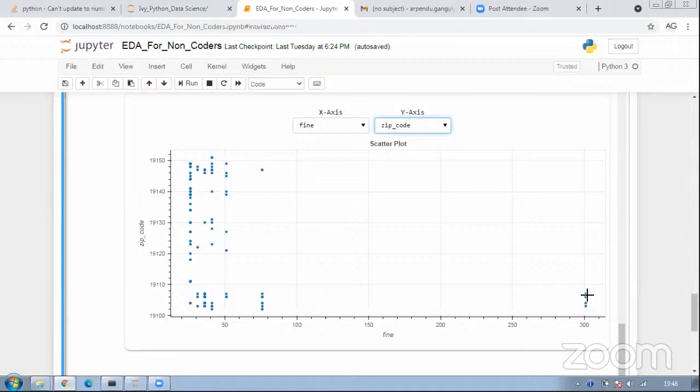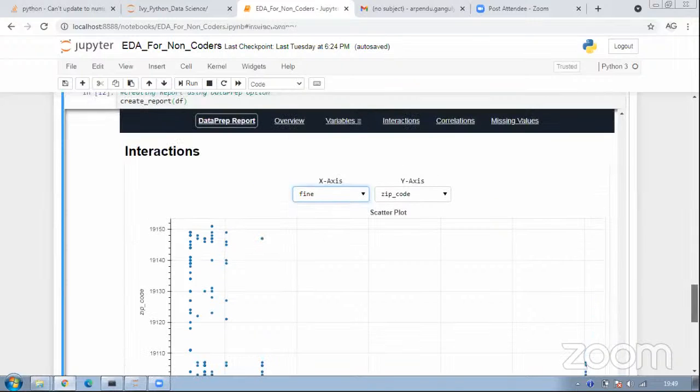We now know exactly these are definitely outliers. We see that mostly there we have a majority of the proportion coming from these guys, but we have these guys which are separate, and they all come within this particular zip code. So this again allows us to check different kinds of interactions. Obviously it's all based on my numeric variables only because it's a scatter plot, but this report also allows us to do any kind of interactions.